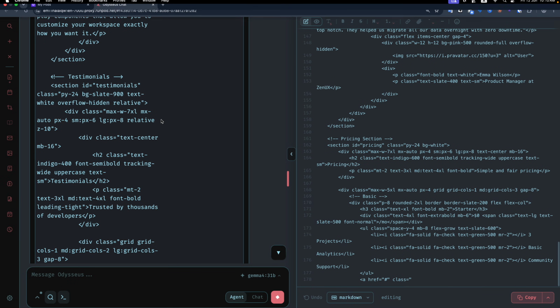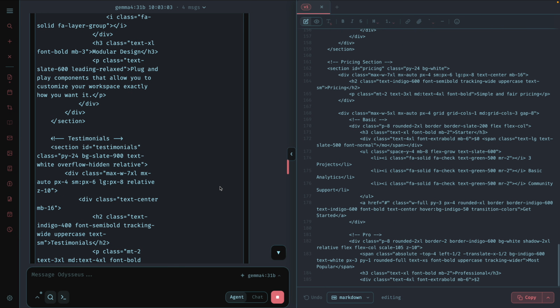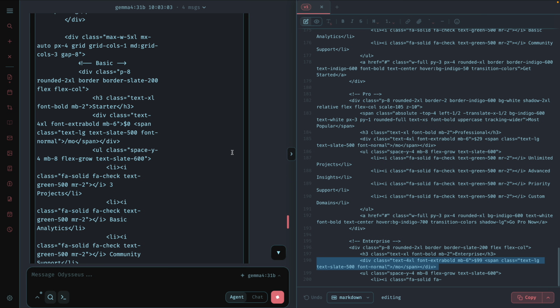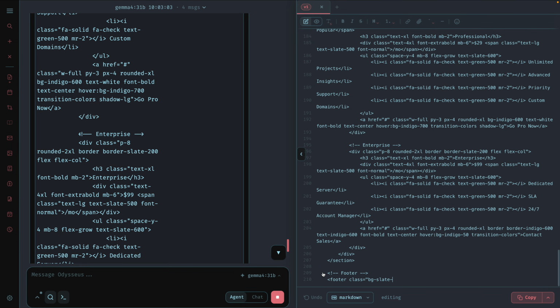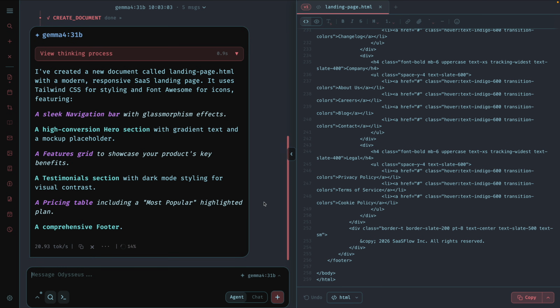Okay, I see that there is a bug in this Odysseus. The bug is that if the text becomes too much, then the layout starts to get stuck and become unresponsive. You see that the browser tab is now almost unresponsive. I cannot scroll, I cannot see anything. Let's see if it is able to complete it. It has reached the footer section, so let it complete first. Okay, so now it is completed. Now it is fully responsive.